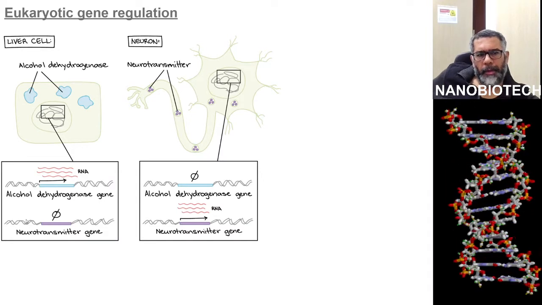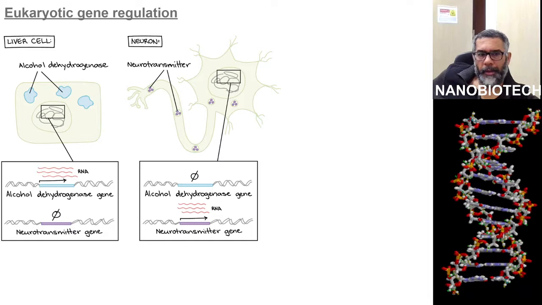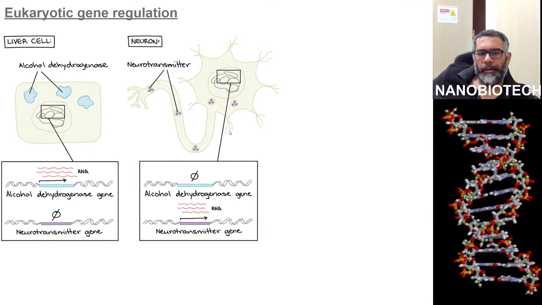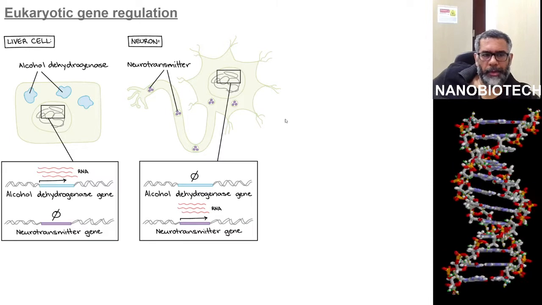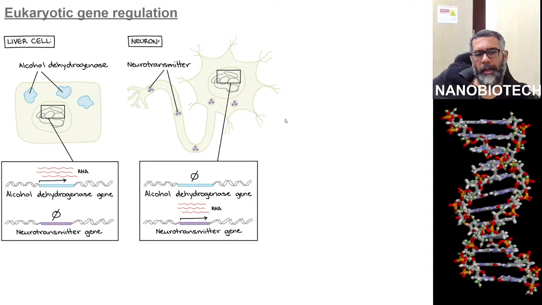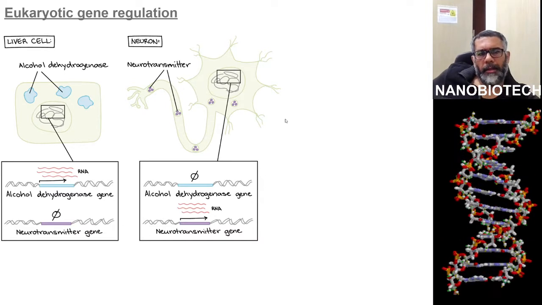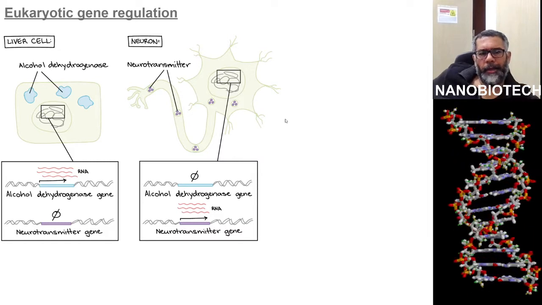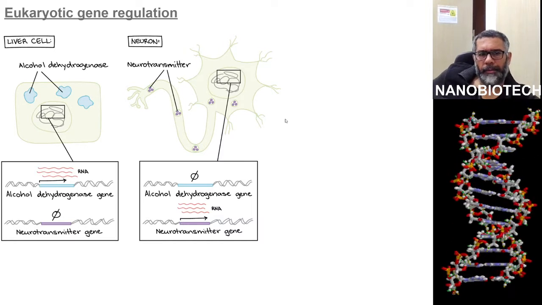The neurons in a person's brain don't remove toxins from the body, so they keep these genes unexpressed or turned off. Similarly, the cells of the liver don't send signals using neurotransmitters, so it's not their job. So they keep neurotransmitter genes turned off, so that they don't have these axons, dendrites, etc. There are many other genes that are expressed differently between liver cells and neurons, or any two cell types in a multicellular organism like ourselves.